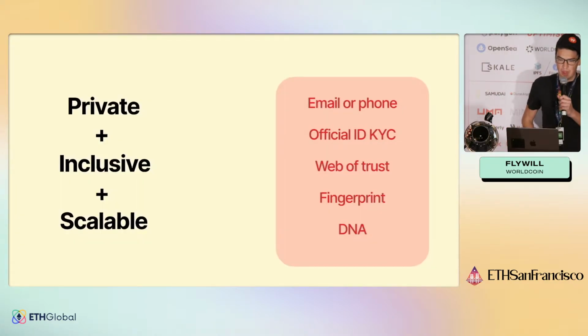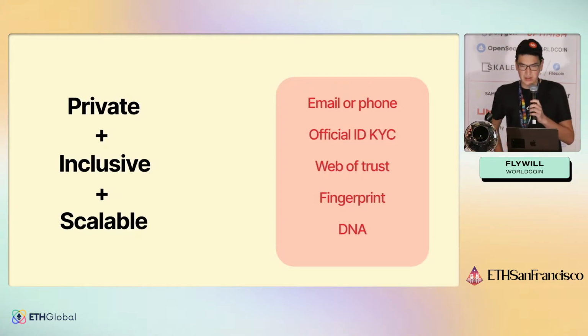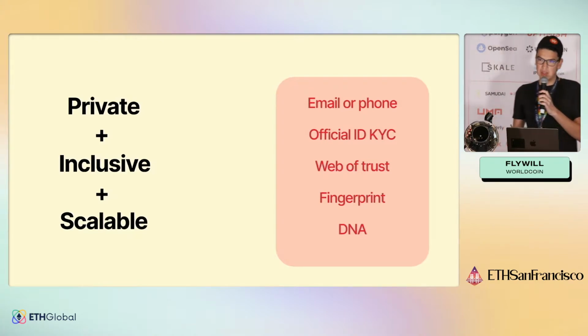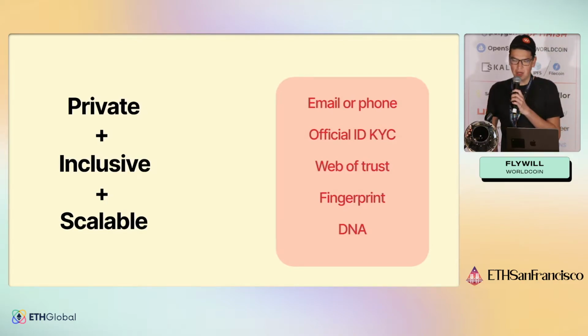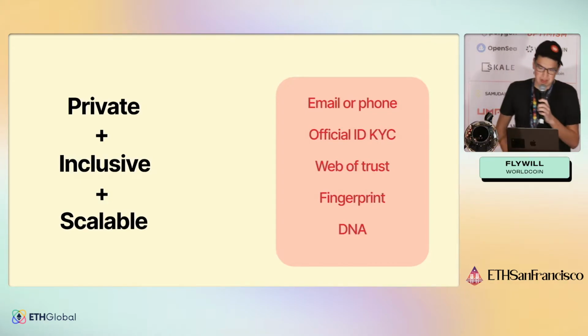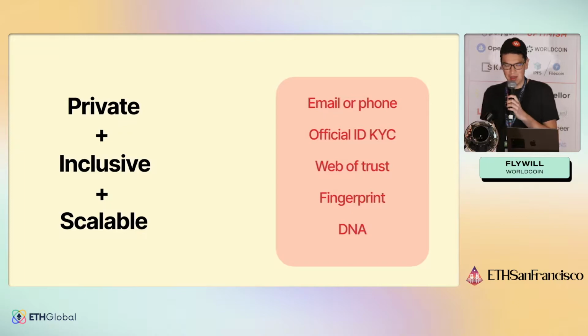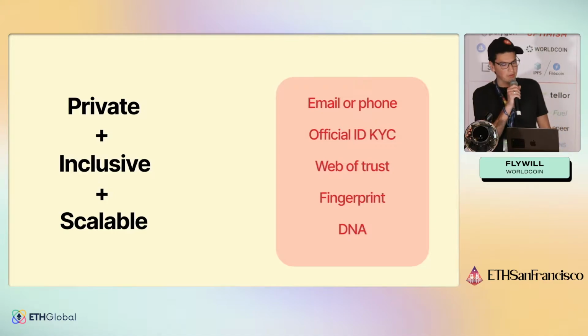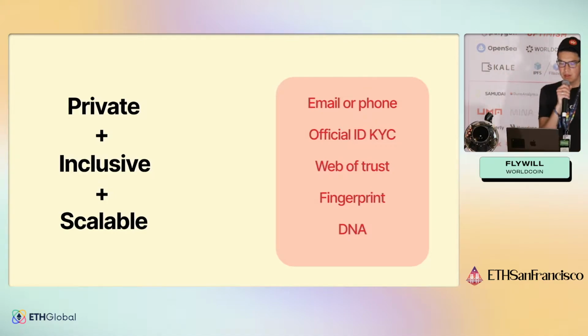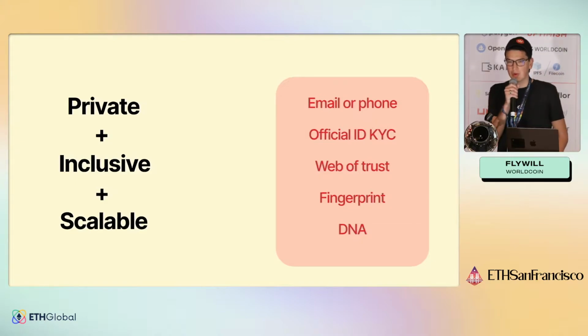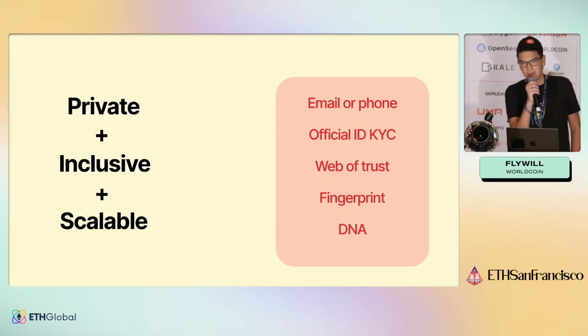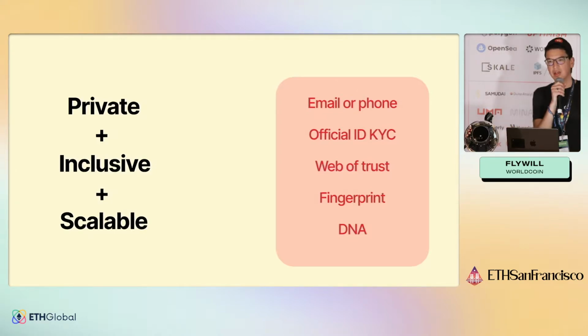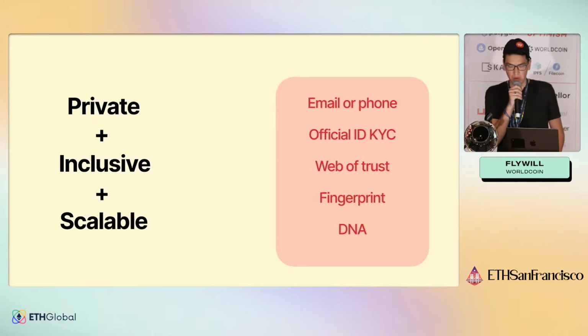So we wanted to create a way where we could solve for Sybil attacks in a way that was private, inclusive, and scalable. So we went through all the obvious options, email, KYC, and then we got into biometrics. All of these options we realized weren't enough for one of these constraints or goals that we had in mind. So, KYC is not really private, it's not inclusive. A lot of people don't have passports or other forms of ID. So we got into biometrics.